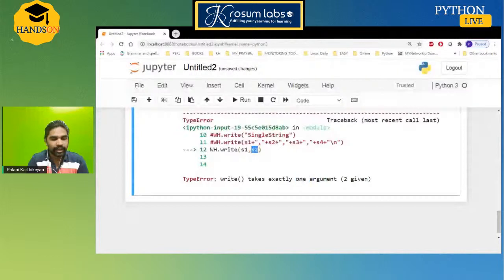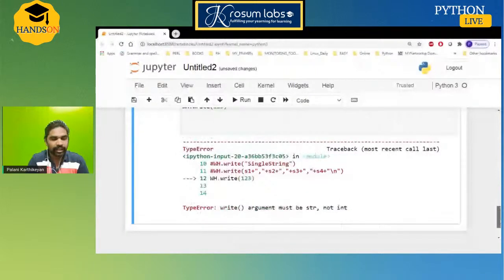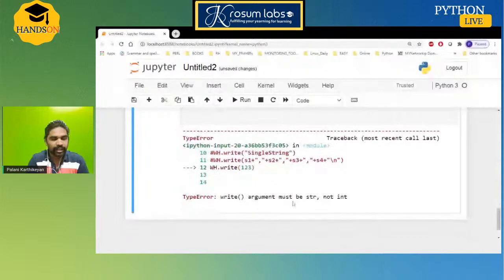See the line. Both the data are strings, but if I give one argument, it's not showing that error. It means it is an argument count error, not a data type error.